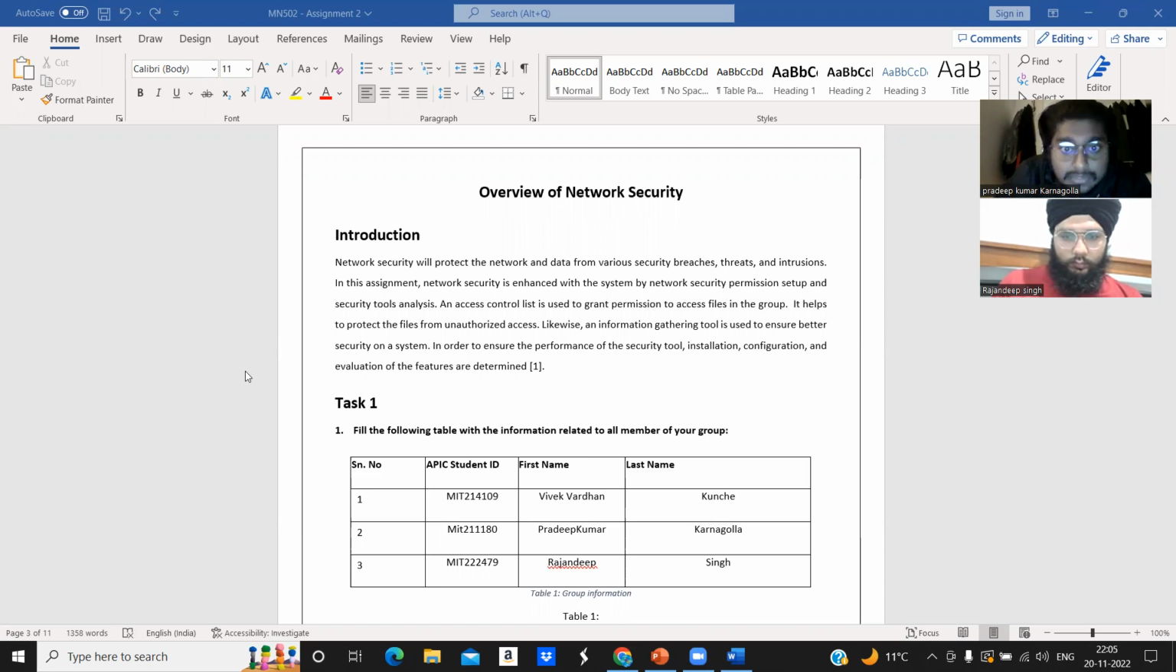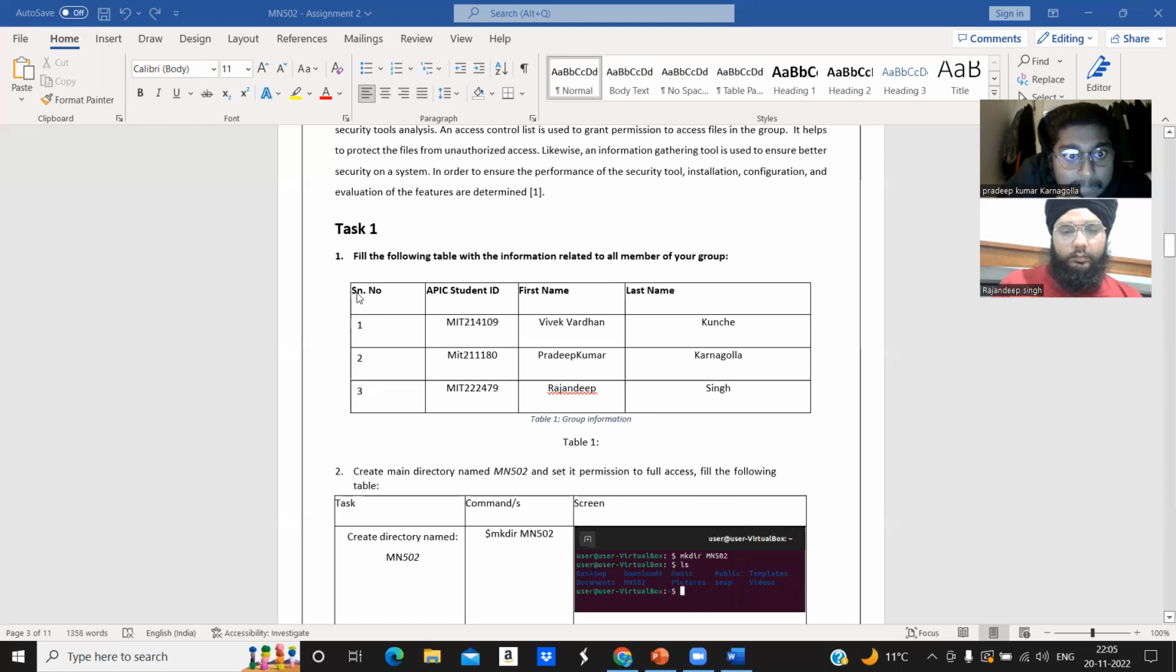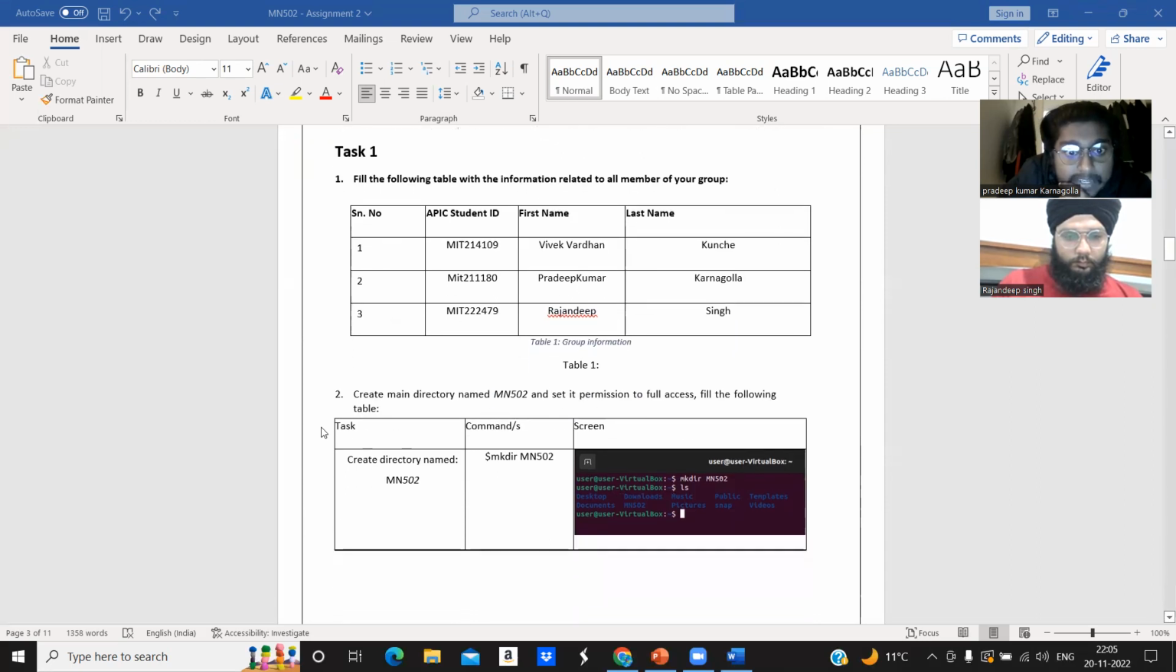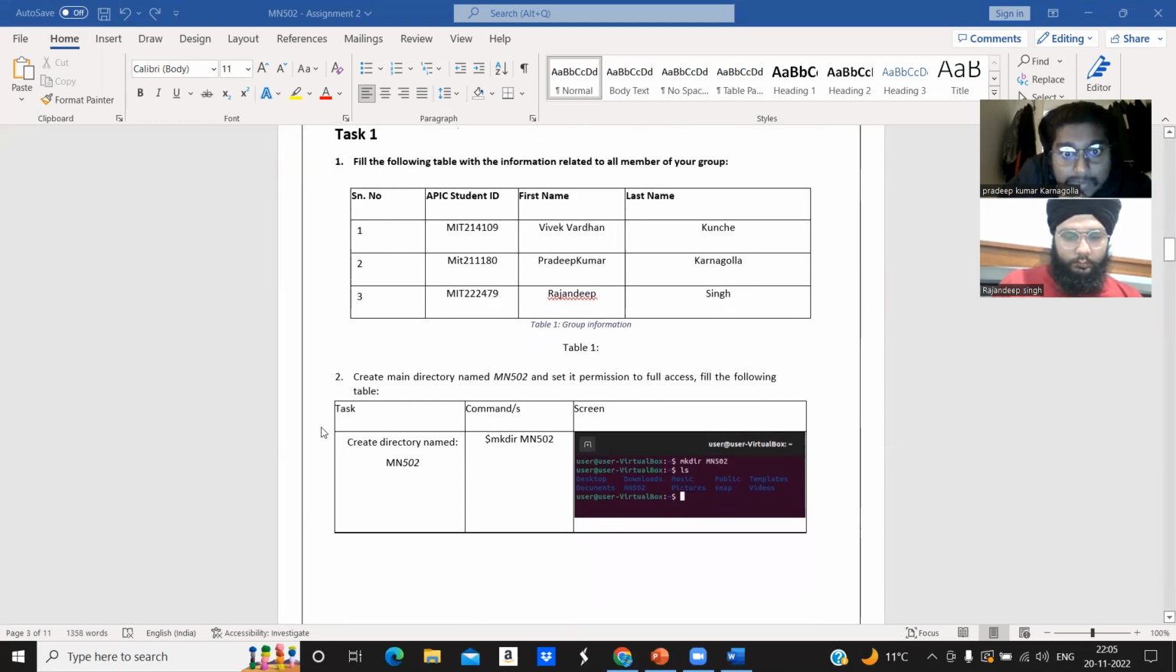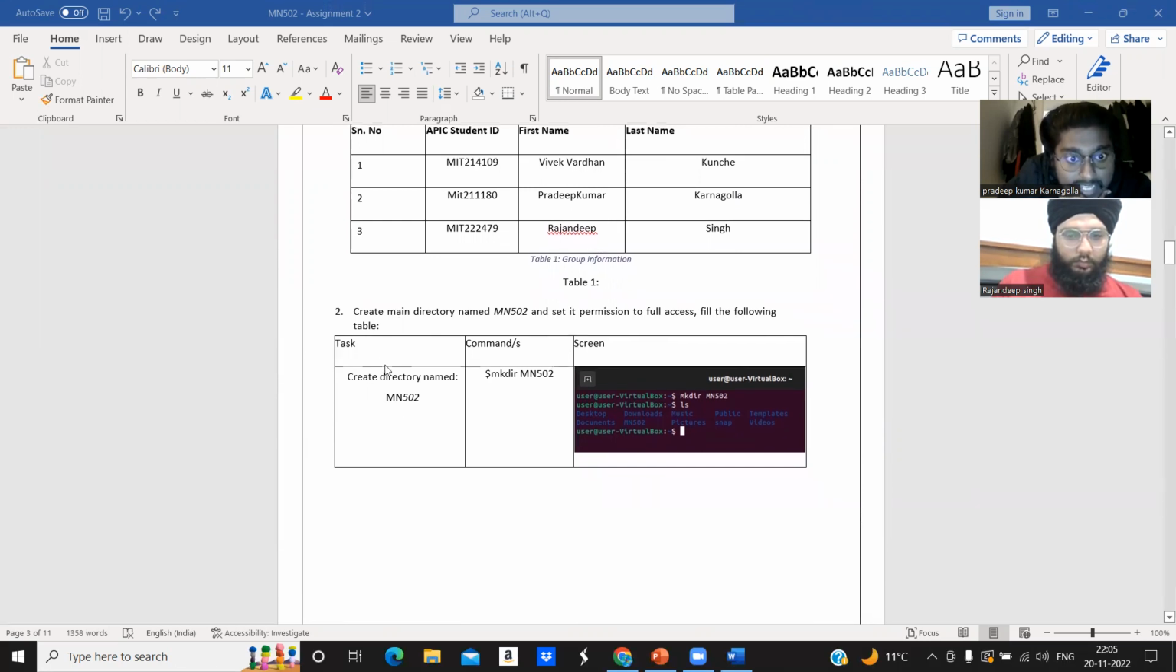In order to ensure the performance of the security tool, installation, configuration, and evaluation of the features are determined in task one. So, fill the following table with the information regarding all the group members, that is Vivek, Pradeep, and Rajandeep. Create the main directory named MN502 and set all the permissions for full access, followed by the below table. So, these are the tasks, that is MN502, the command which is